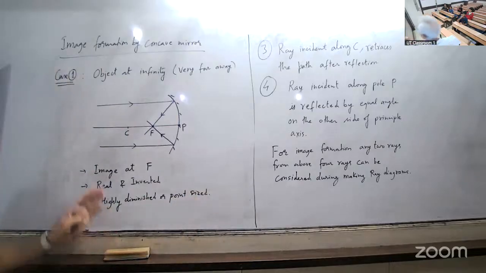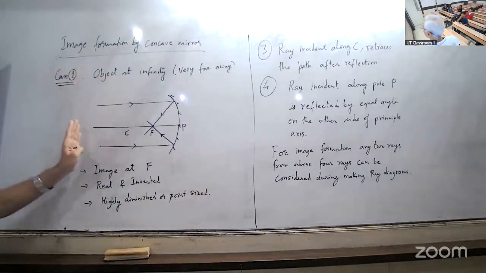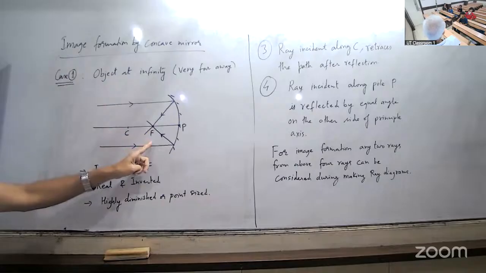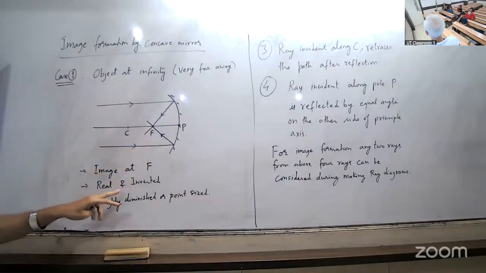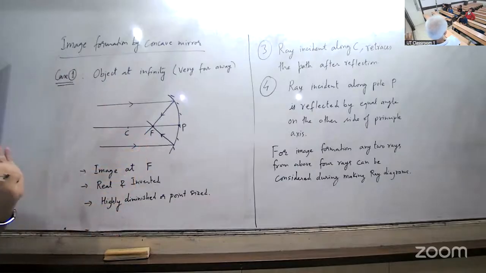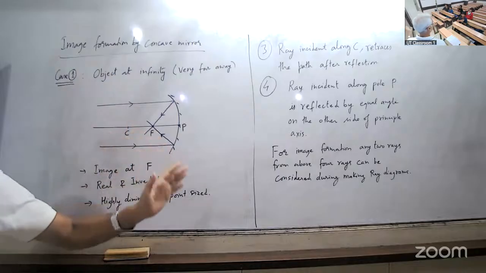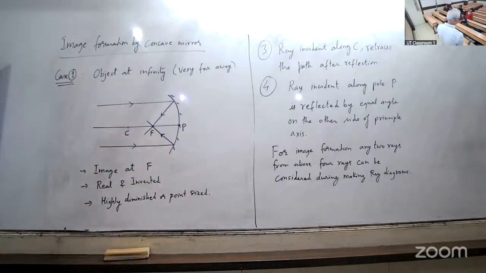ठीक है। ऐसे ही अलग अलग ऑब्जेक्ट पोजीशन के लिए हमको इमेज का पोजीशन, उसका नेचर और उसका साइज, ये हमको स्टडी करना। सो देयर विल बी 5 more cases फॉर दिस mirror that will explore in the next class, ठीक है।